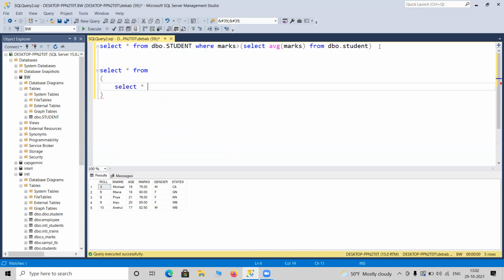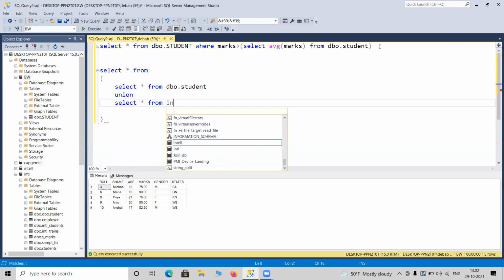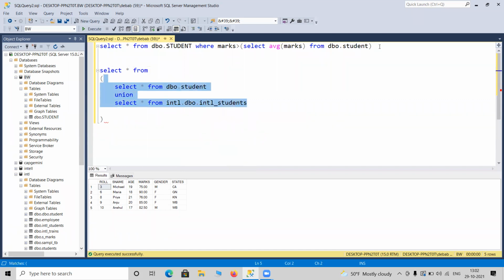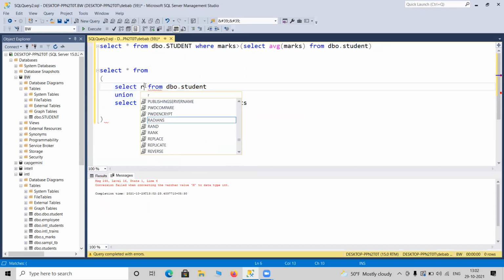I can write select star from dbo.students, and I can do something like union select star from a table from another database. If I run this query, it should not run because the count of columns is different.